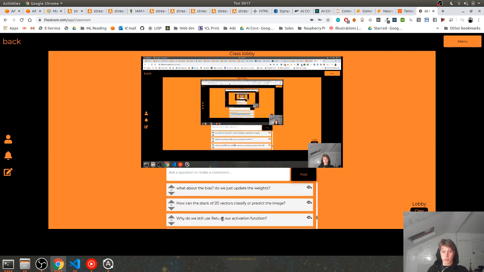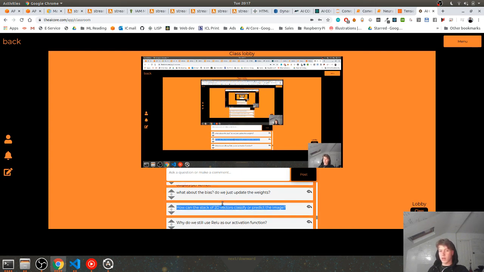Cool. Yeah, we still use ReLU. So we use the stack of matrices, the activation maps. Once we've done enough processing with our convolutional layers, we should have the values in the activation maps represent something meaningful, and we should have small enough